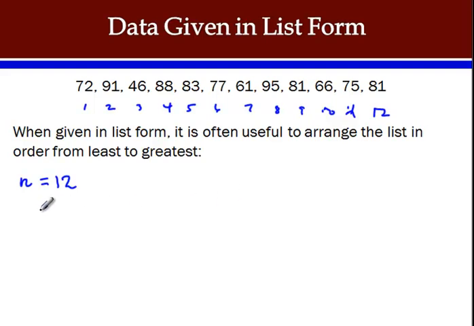Now if I want to write these in order from least to greatest, it's also useful to have the number that I'm looking for to make sure that I have written them all down. So I'm going to start with the smallest one, which looks to be 46, and I'll mark it out just to be sure that I don't duplicate something. I'm going to go through my list. It looks like 61 would be the next smallest, followed by 66,